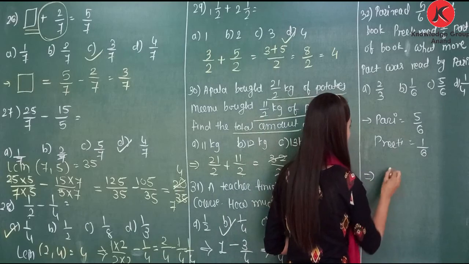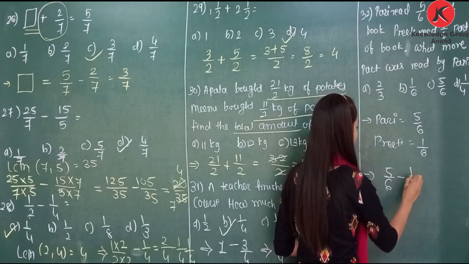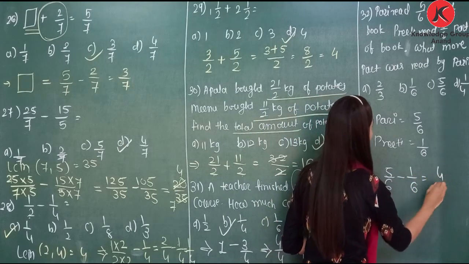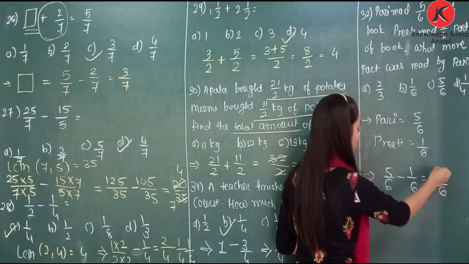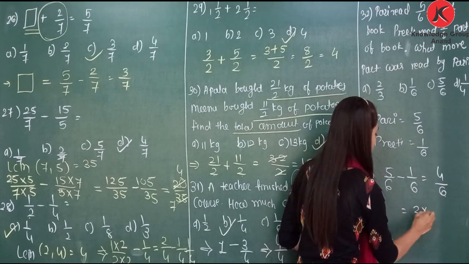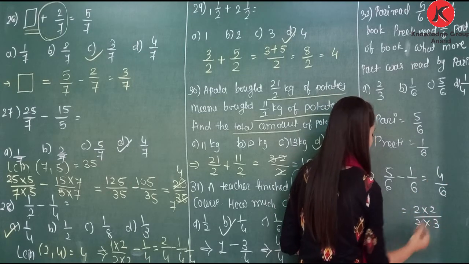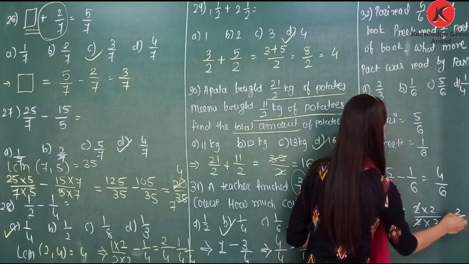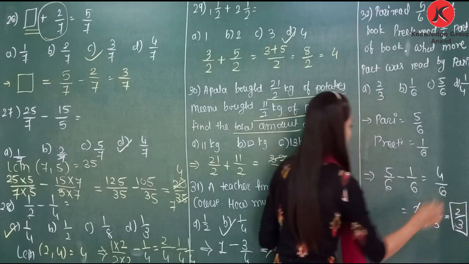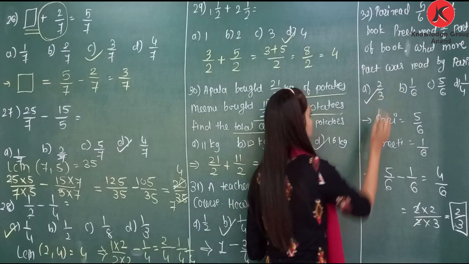So we get the answer 5 by 6 minus 1 by 6, so that is 4 by 6. Now convert this into simplest form. 2 2s are 4, 2 3s are 6. So it is 2 by 3. It means Pari read 2 by 3 part more. So it is option